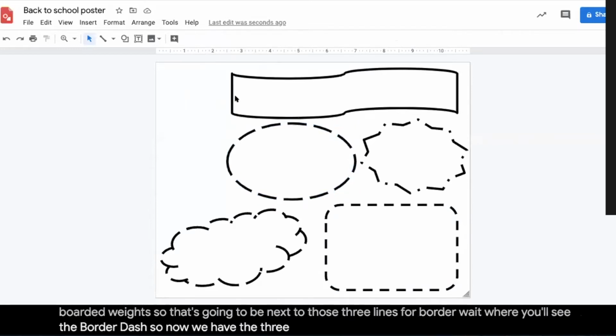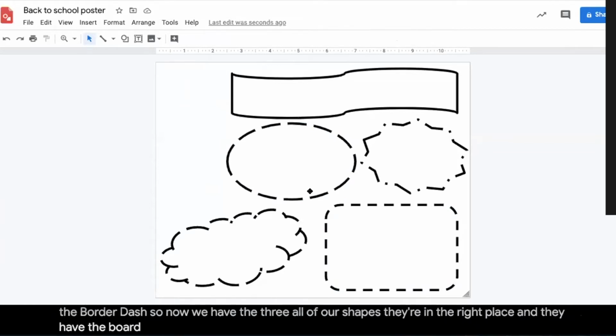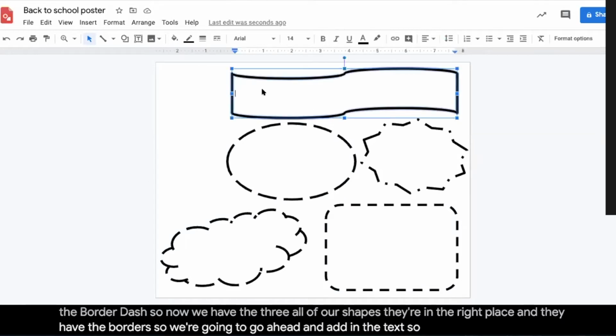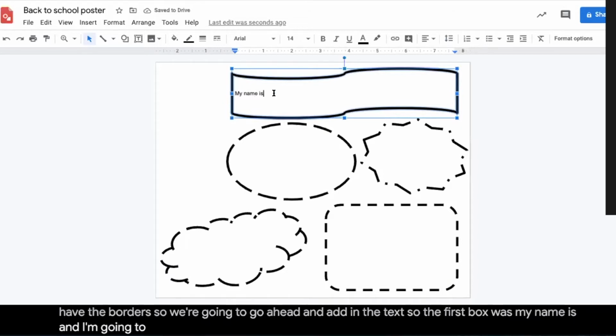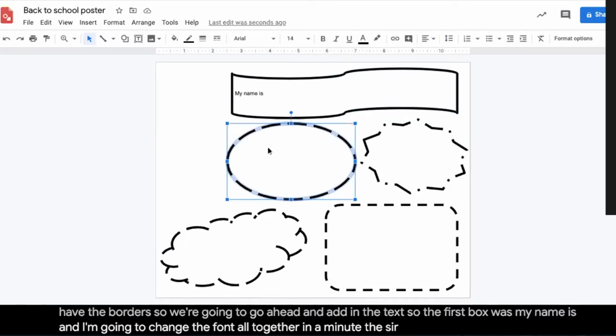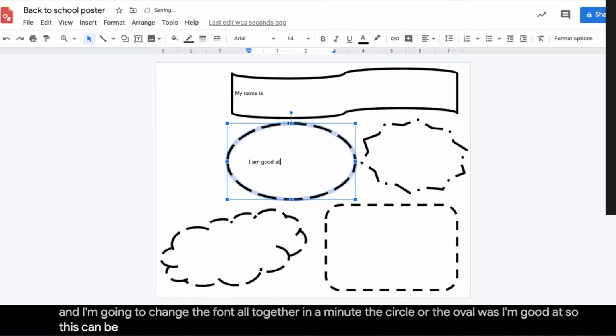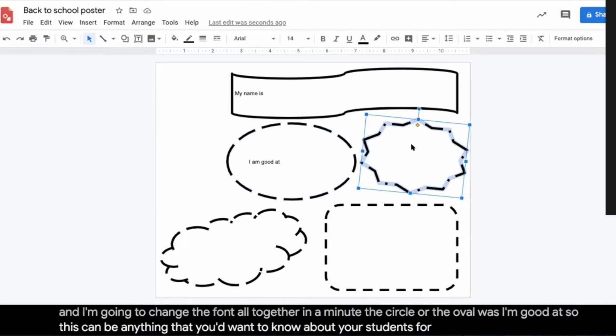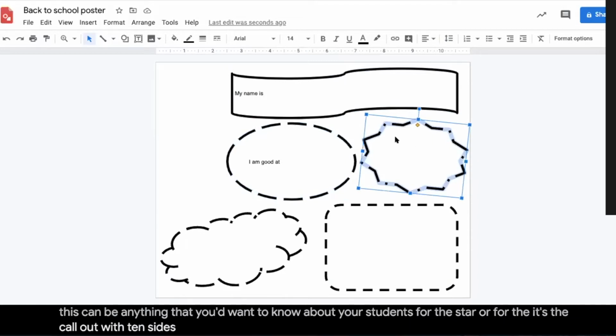So now all of our shapes are in the right place and they have the borders. We're going to go ahead and add in the text. The first box was my name is, and I'm going to change the font altogether in a minute. The circle or the oval was I am good at. This can be anything that you'd want to know about your student. For the star, or the call out with 10 sides,